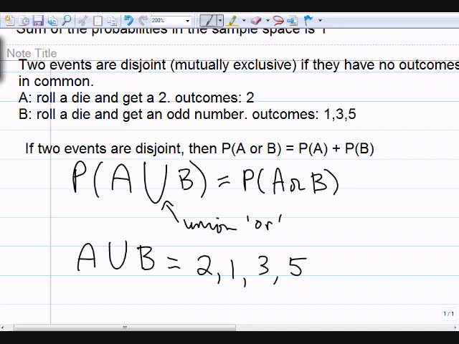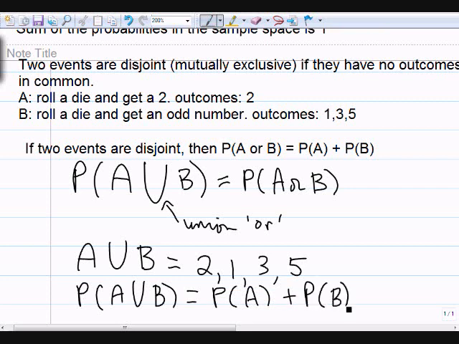So A or B is 2, 1, 3, or 5. Okay? So the probability of A union B, the probability of A or B,